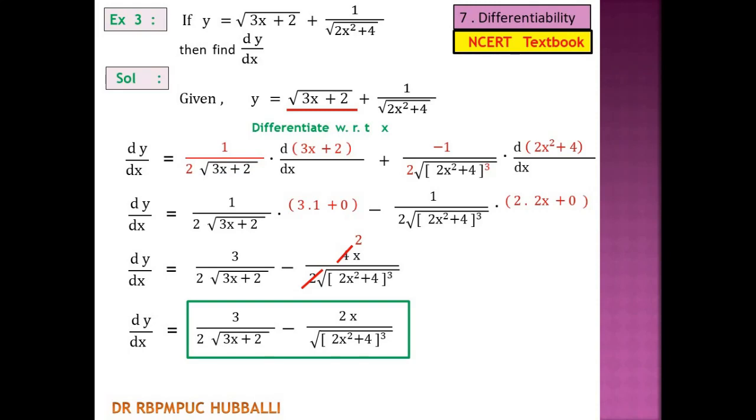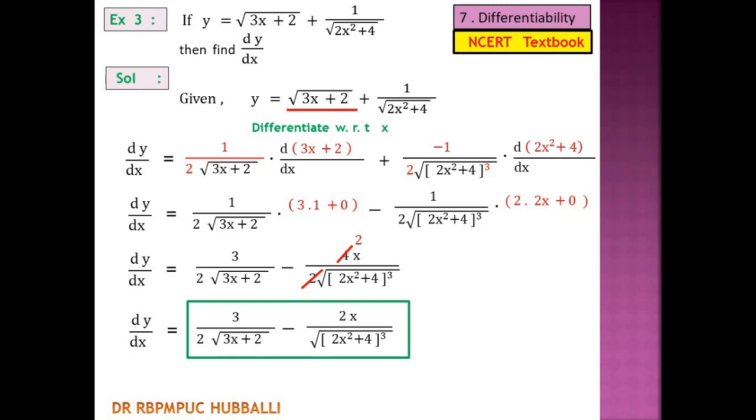Now I take a product form or division form, but the functions may be standard functions or composite functions. You have to identify them, and composite means it may be any type of composite function: trigonometric, root f of x, 1 upon root f of x, or a function raised to n, 1 upon function raised to n. It may be any composite form. You have to identify it.